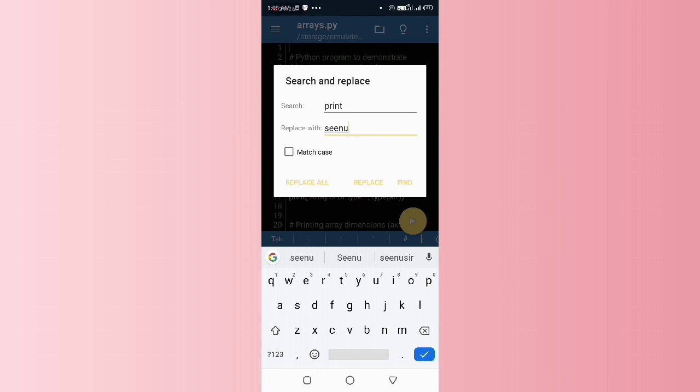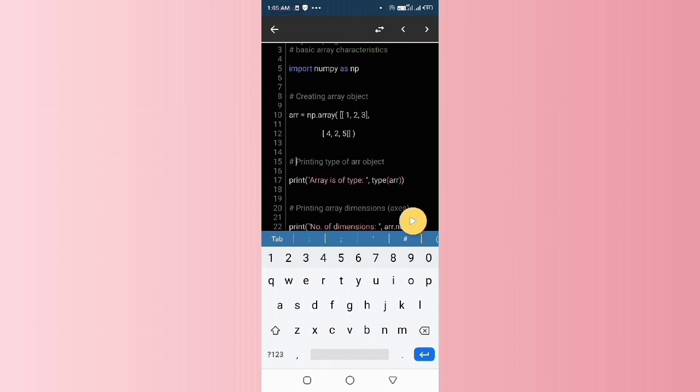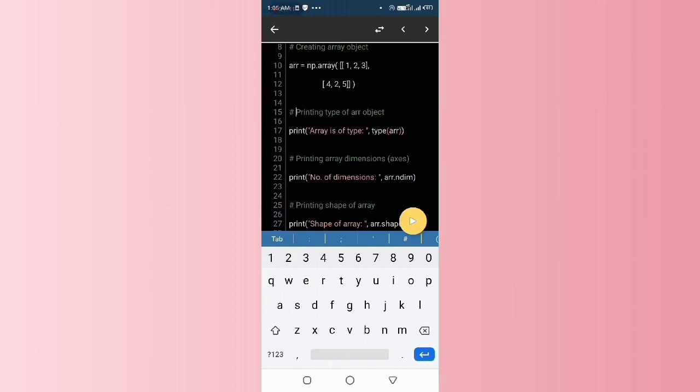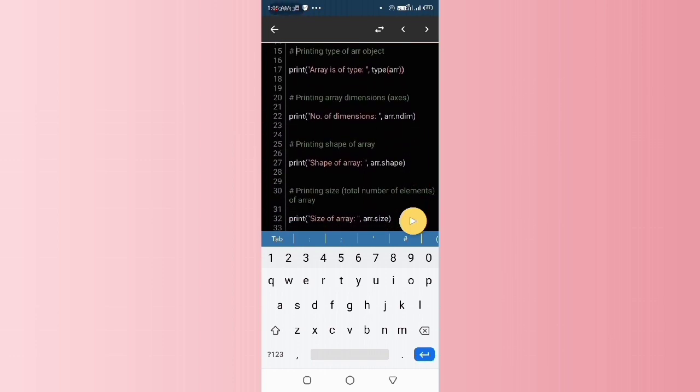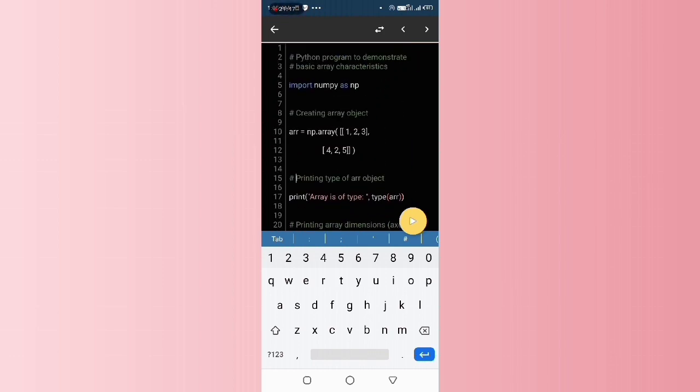I'm just using it for fun. Just click on this replace option. That is how this print is changed to the name, friends.